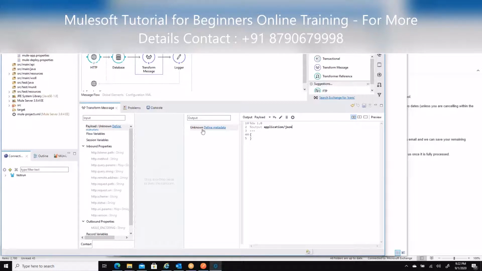Later we can work on this one as well. Yeah, absolutely. We'll work on something like that. The Database connector will also work, Salesforce also will work. These are the main features. Not only these, actually we have so many, but while learning, we'll get to know what features we want to inject in our applications while implementing.